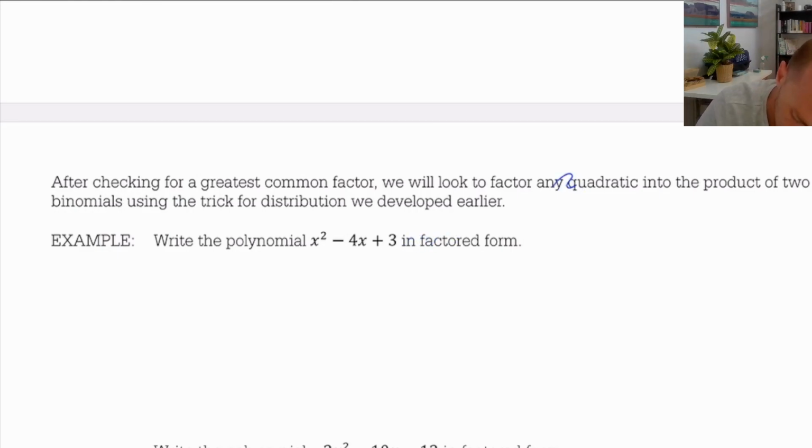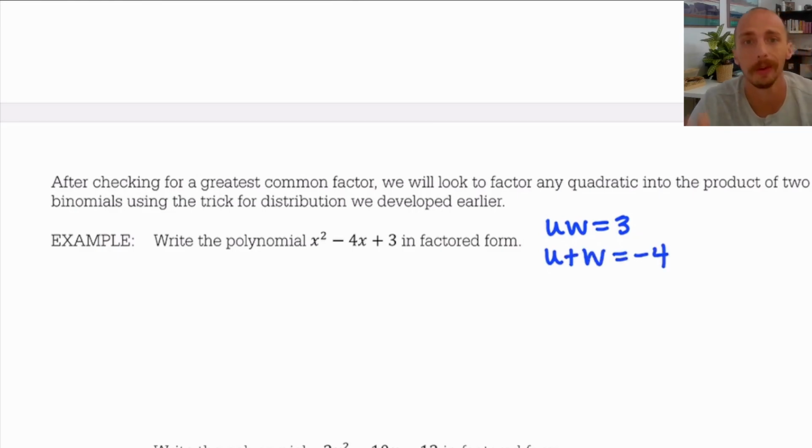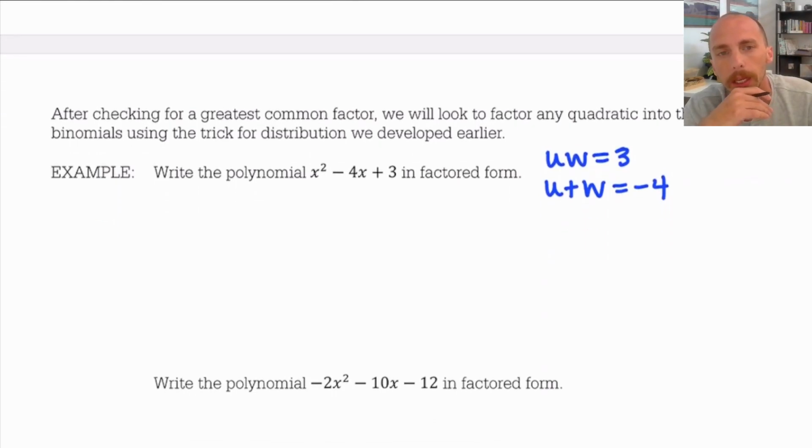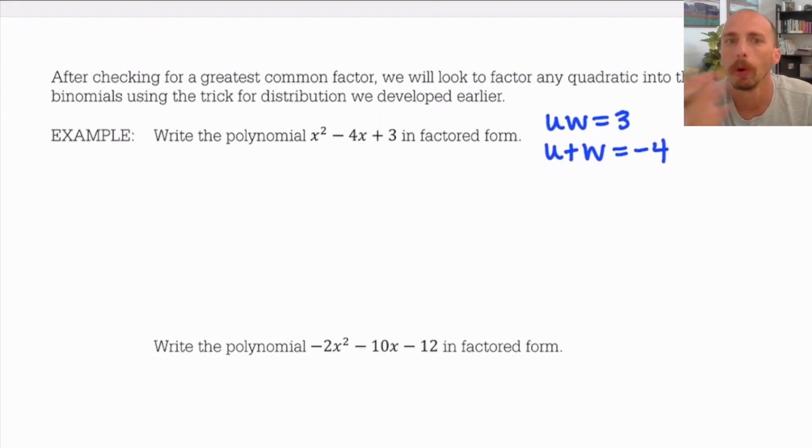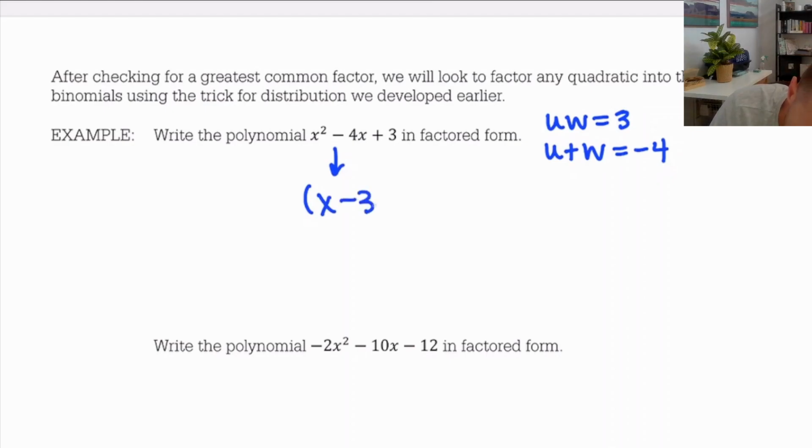Okay, so what we're doing is we're looking for 2 numbers that multiply to the last number, that positive 3, while adding to negative 4. The only whole numbers I can think of that multiply to 3 are 3 and 1. And if they need to add to negative 4, maybe I could use negative 3 and negative 1. So I'm going to say, all right, this thing can factor into x minus 3